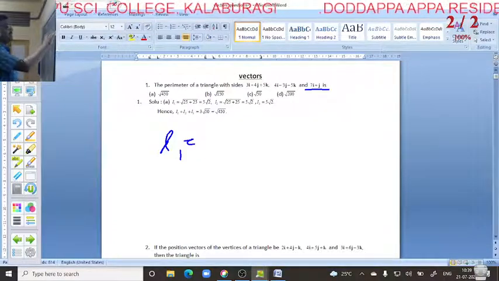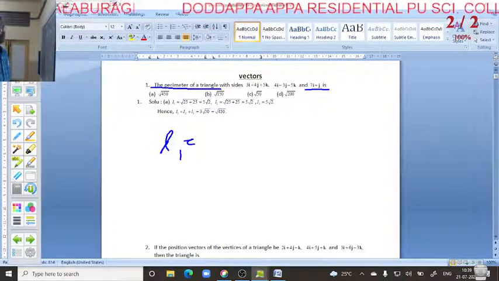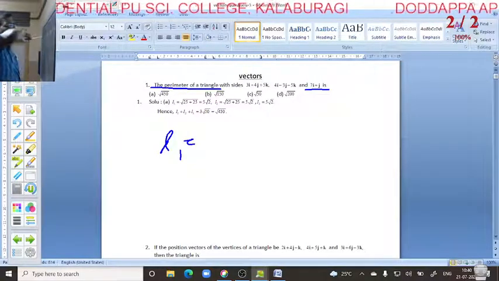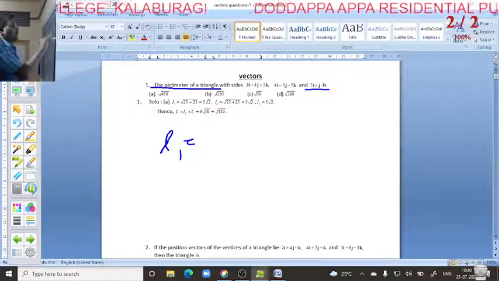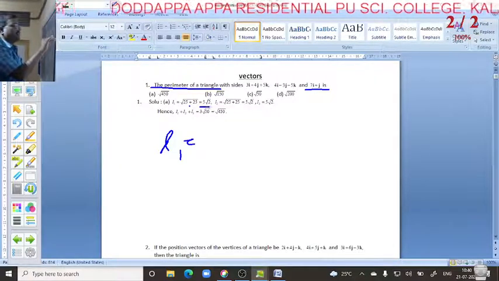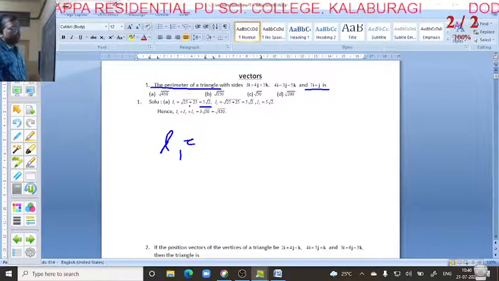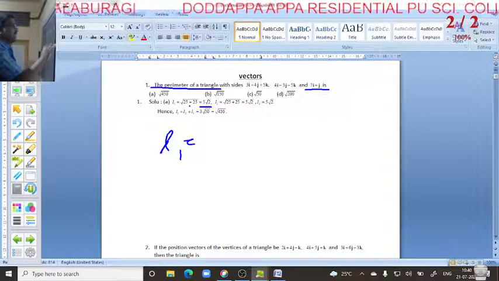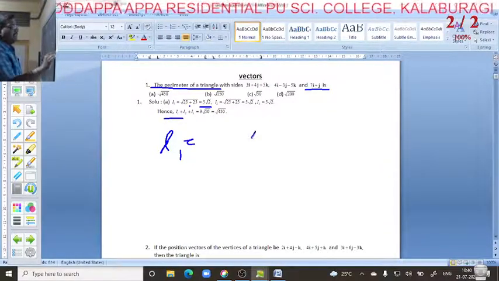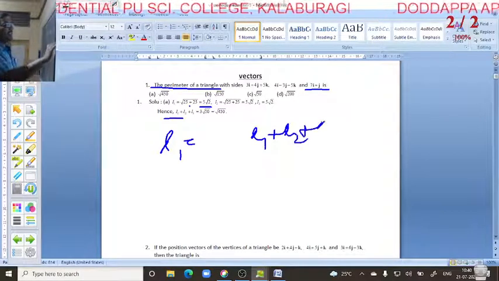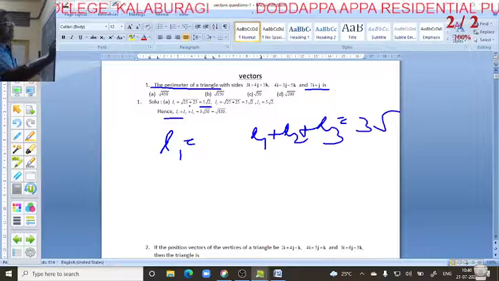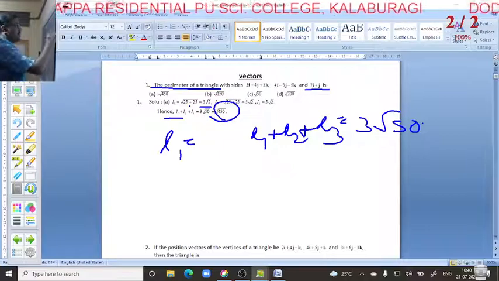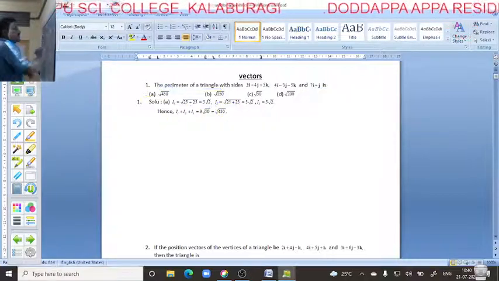Okay, you have to apply here the perimeter of a triangle formula. If you apply it here, it will come L1 is equal to root of 25 plus 25, that is 5 root 2. L2 is equal to root 25 plus 25, 5 root 2. L3 is equal to 5 root 2. So again same value. Perimeter means if you add these three, L1 plus L2 plus L3, three sides, so we get 3 root 50, that is root of 450. Which option? First option. Okay.